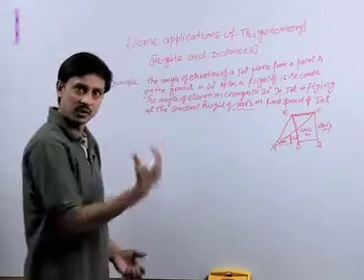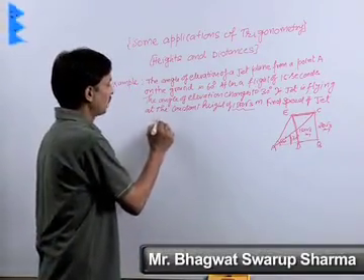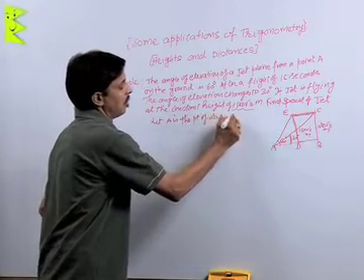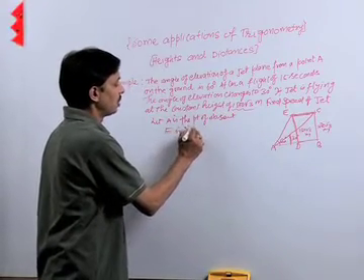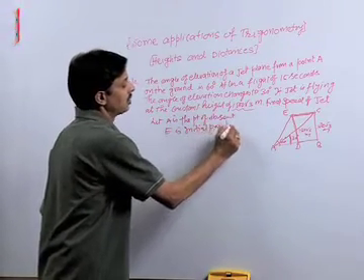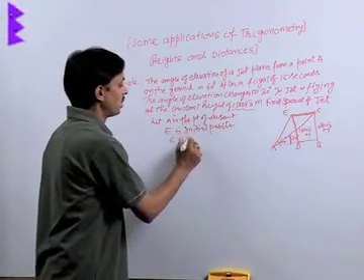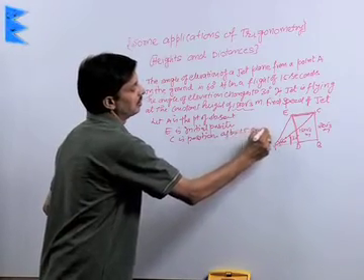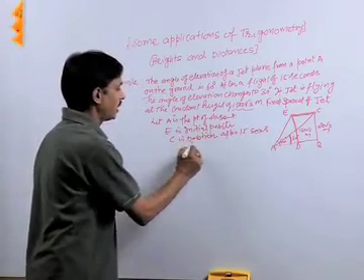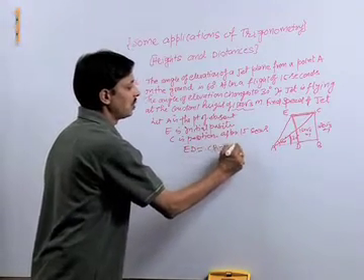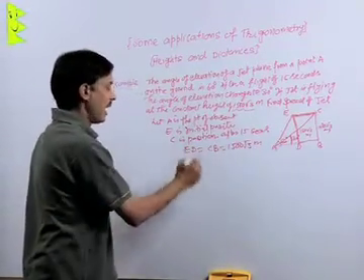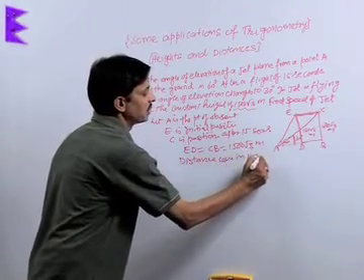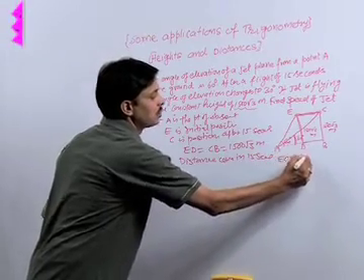I am writing here the introduction, the way of solving the question. Let A be the point of observation, E is the initial position, C is the position after 15 seconds, and the constant height ED equals CB equals 1500 root 3 meters, and the distance covered in 15 seconds, EC, is equal to BD.